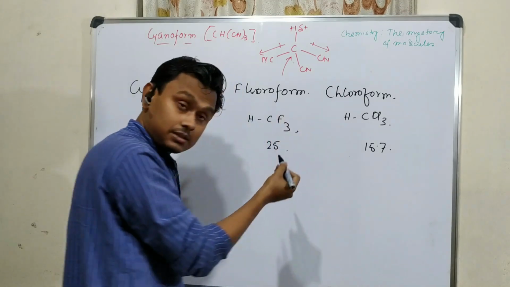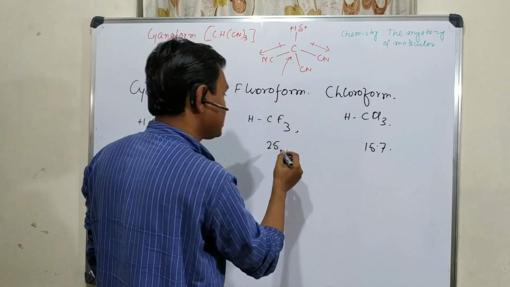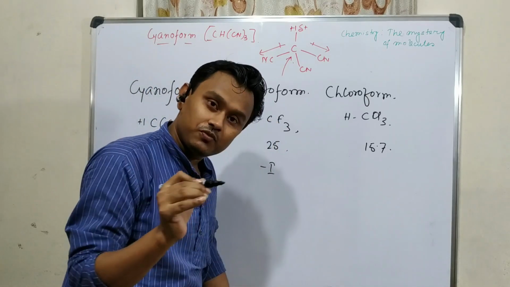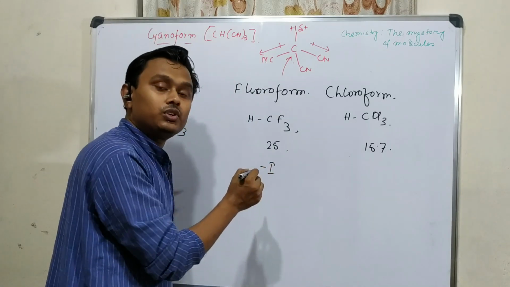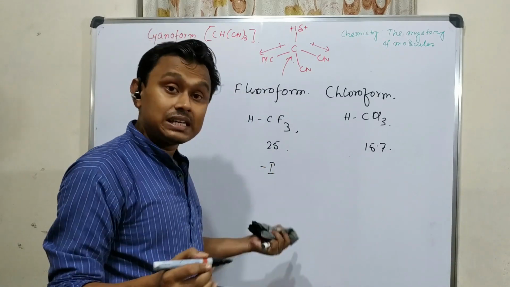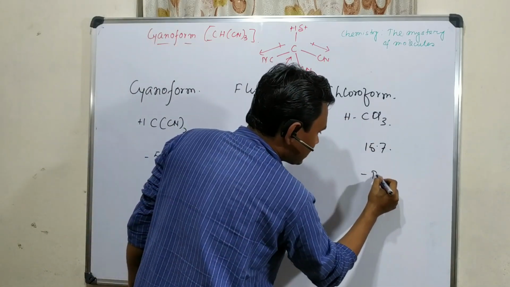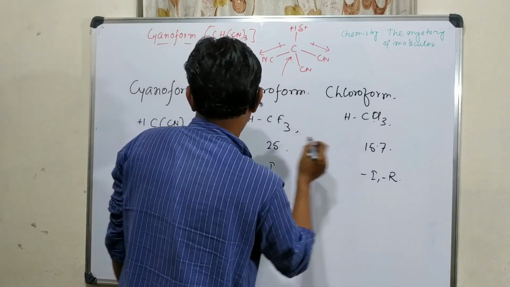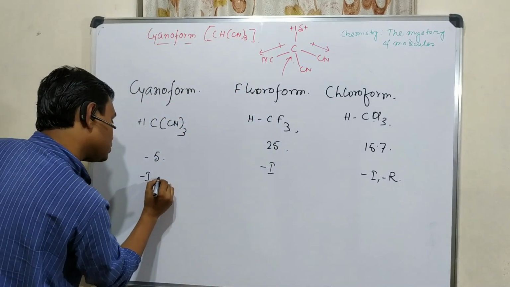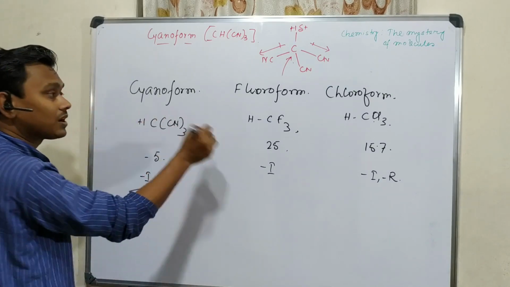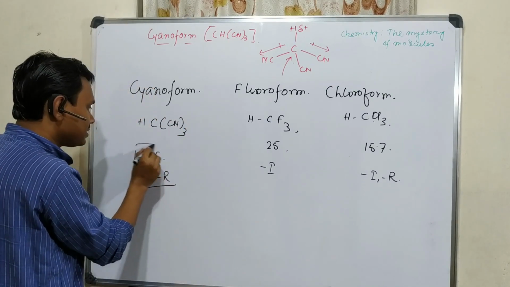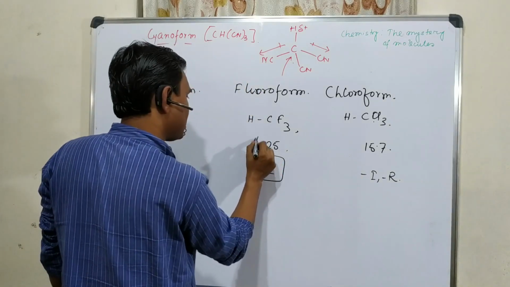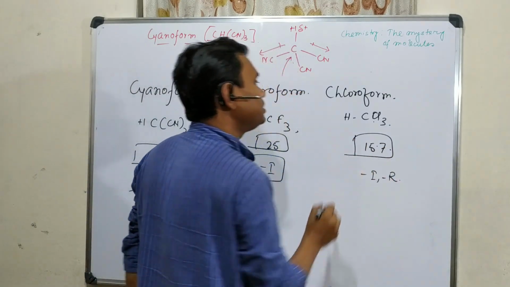CF3 has the strongest electronegativity, the strongest electronegative atom, but still only the -I effect operates here. I have explained in one of my previous videos. I will upload the link below this video, so you can go through that link. I have explained in detail. Here -I as well as -R with this chlorine. And here -I as well as very strong -R, that is the delocalization I have just explained. That's why it is stronger. This is stronger, after that this, after that this. So keep this in mind.